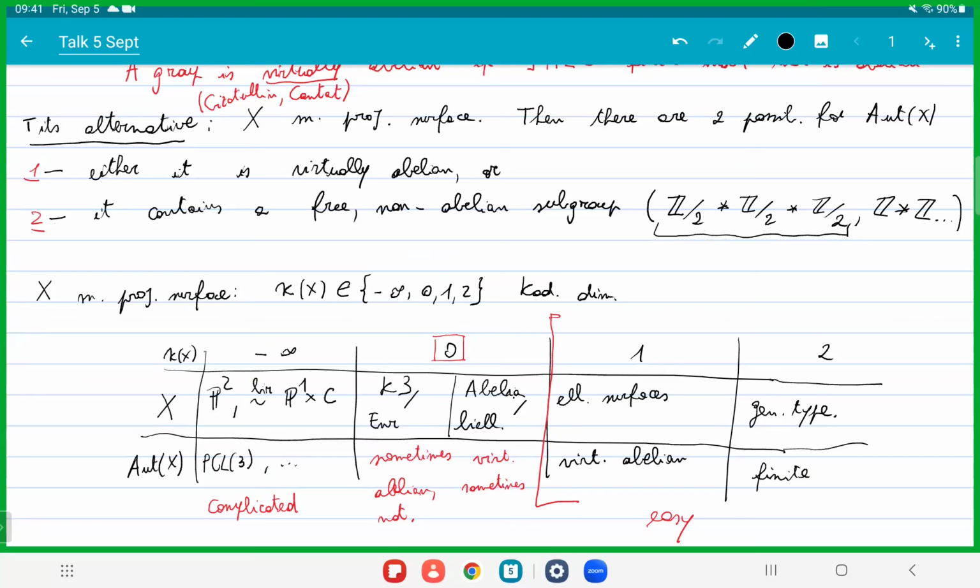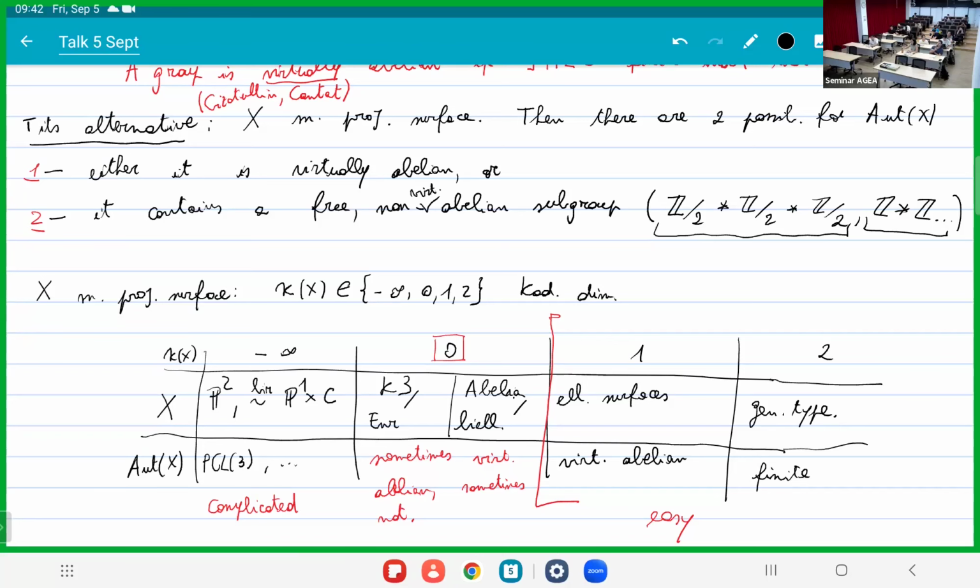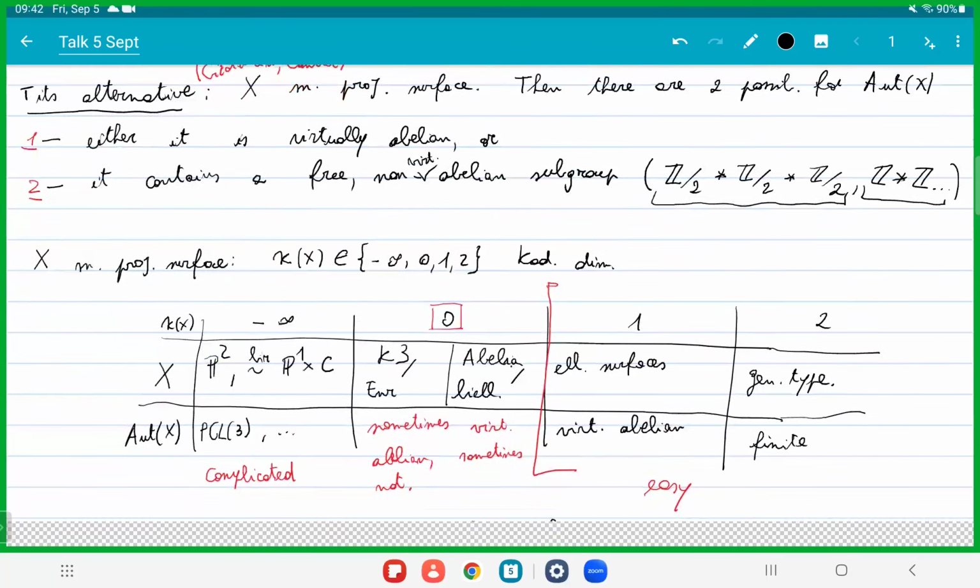So by free, I just mean a free product of some groups. And non-abelian, actually, I should be more precise, probably non-virtually abelian also here. It's better. Subgroup. Okay. So yeah, we really want a free group, I'm going to be imprecise, but really a free group, not something easier than that. So these two examples are the two prototypical examples: a free product of many copies of Z2, or a free product of many copies of Z. These are the examples that we have in mind. Thank you. Yeah, of course.